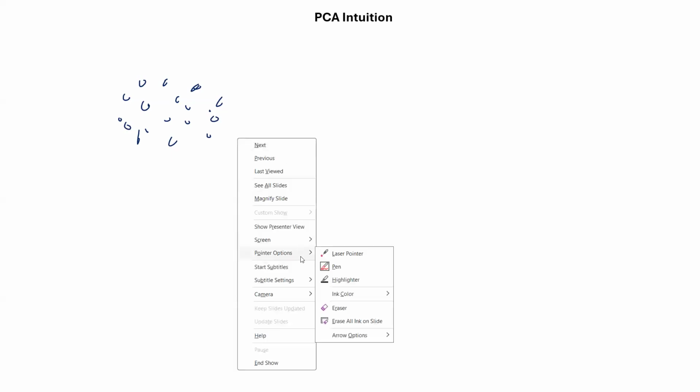What is the best point representation of this data? If I have some data like this, what is the best representing point of this data? Is that not the mean? Mean, yeah, mean. So mean is the best representation of this data. So when you know the mean is the best representation of the data,